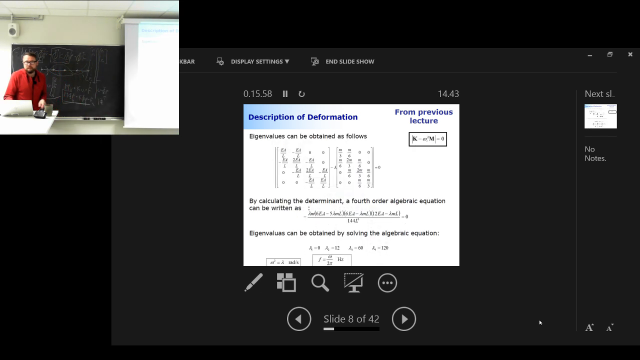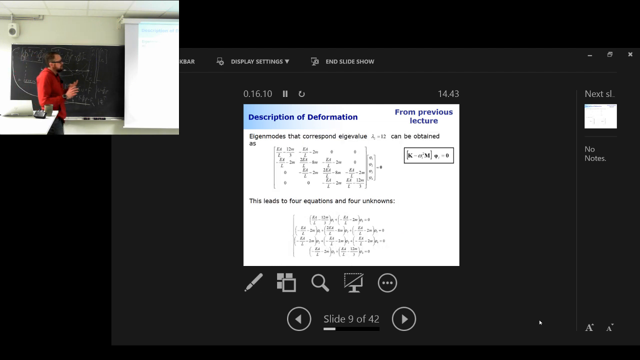And using this eigenvalue principle, I can compute the eigenvalues. There are going to be a total of 4 eigenvalues because of the 4 degrees of freedom. Each one of the eigenvalues is associated to an eigenvector, and you can get the eigenvectors from the same equation by substituting the eigenvalue